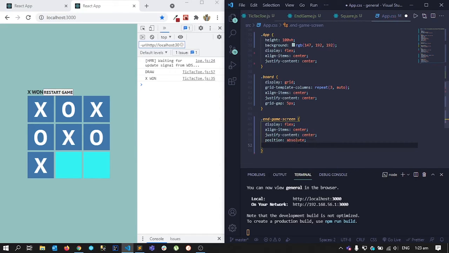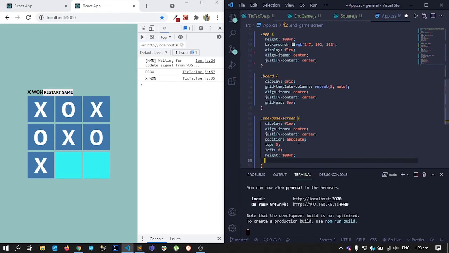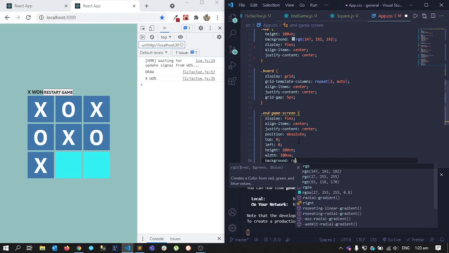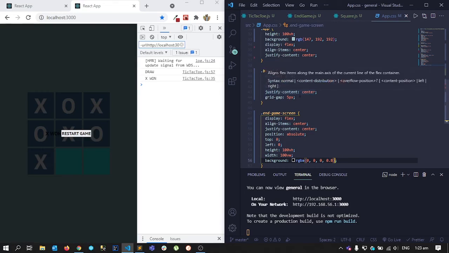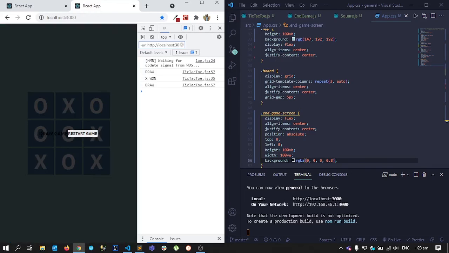Absolute, and it will be top 0 and left 0, and height will be complete screen, 100vh, and width will also cover the whole screen, 100vw, and the background will be some light blackish. So let's get background RGBA, basically 0, 0, 0, this black, and let's add some opacity like this. So restart game. You can see whenever somebody wins or it is drawn, we see the draw game and